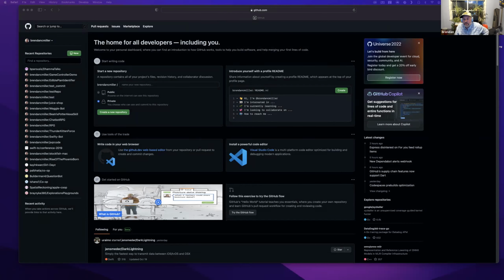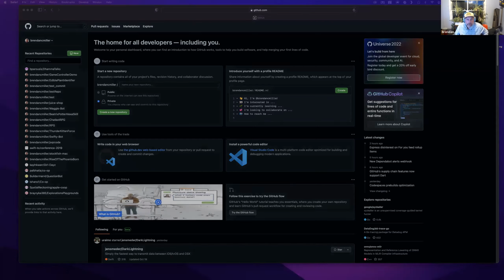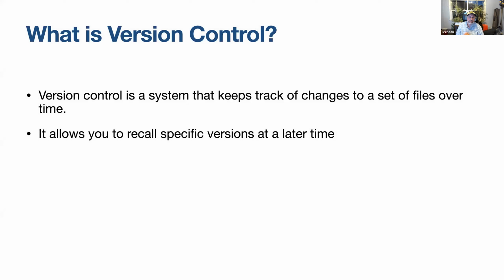Okay, awesome. Let me pull the keynote back up. This is going to have a little bit for everybody. We're going to run through a little bit of the history of Git that you may not know. We're going to talk about version control in general, the basics of Git, and then I'm going to demo how to use GitHub with Xcode, and then we'll talk a little bit about some more stuff after that.